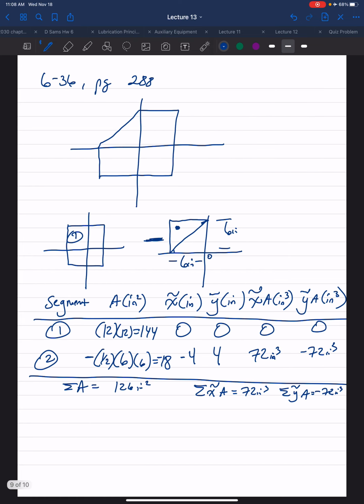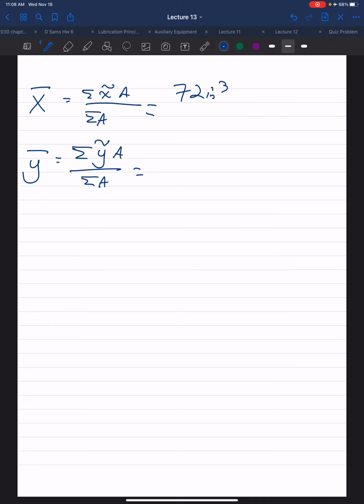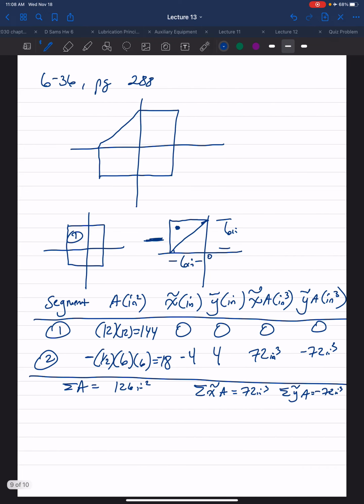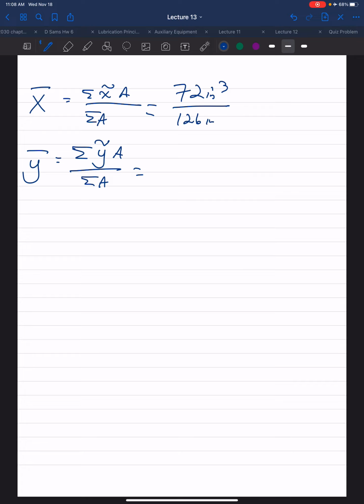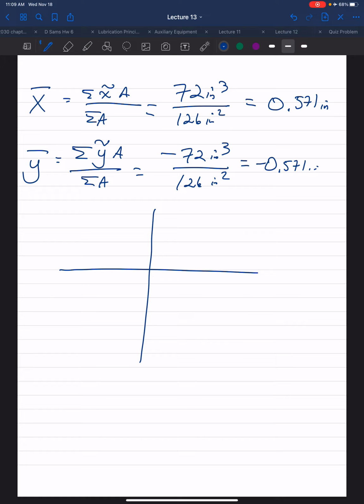X wavy bar is 72 inches cubed, and our area is 126 inches squared. Our y wavy bar was -70. This comes out to be... So that means then for our initial composite shape,